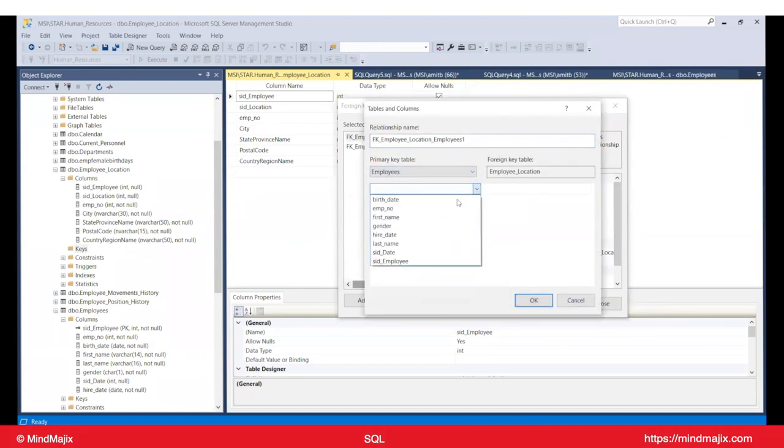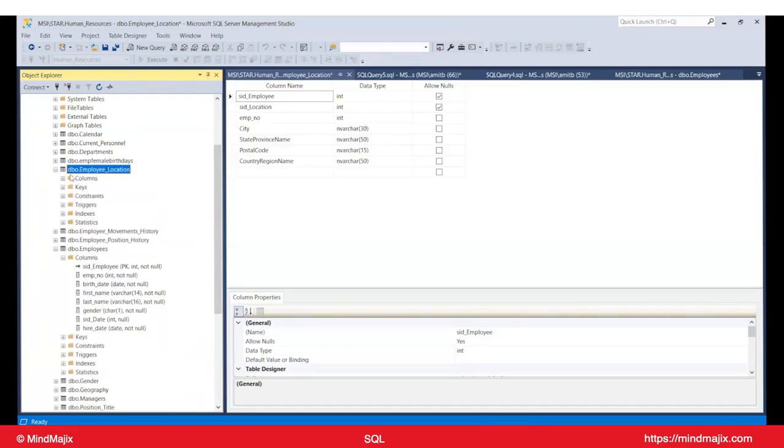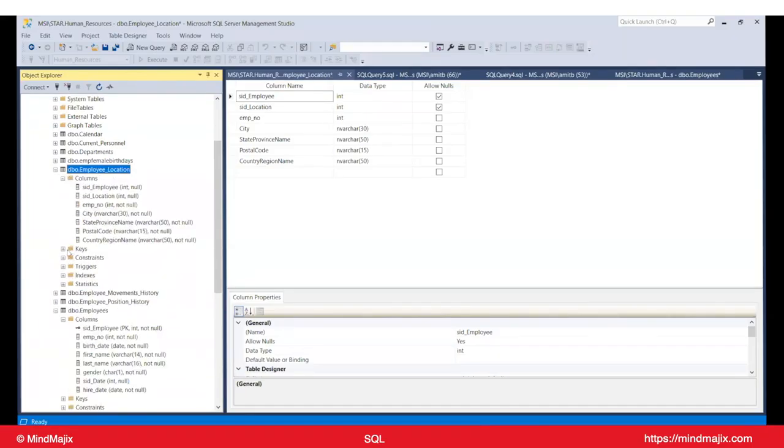I guess I used some steps. SID employee. And now if I refresh this key folder and if I open this, if I save this,